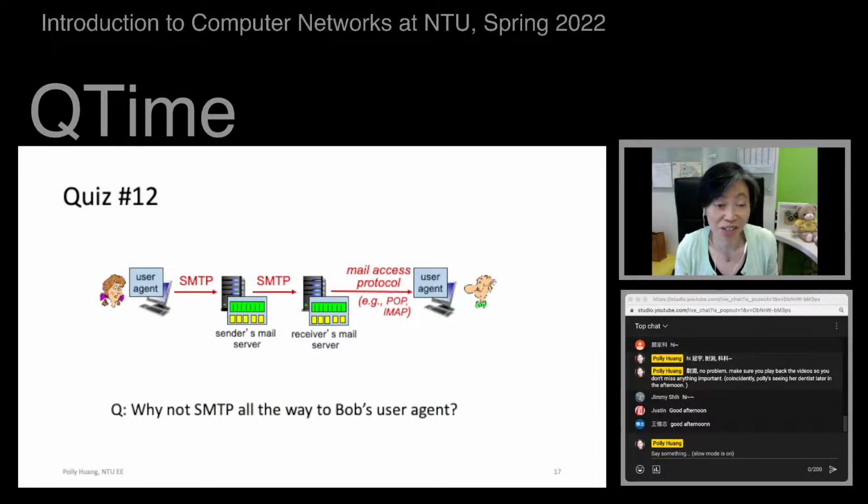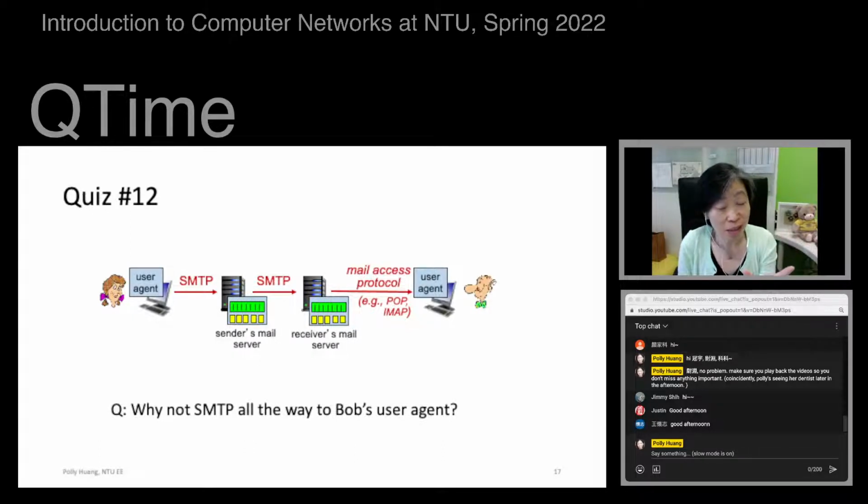That takes us to the quiz today. Quiz number 12. You've seen in the video, between Alice and Bob, SMTP goes from the email sender to the local mail server. That's one level of hierarchy in the email protocol.